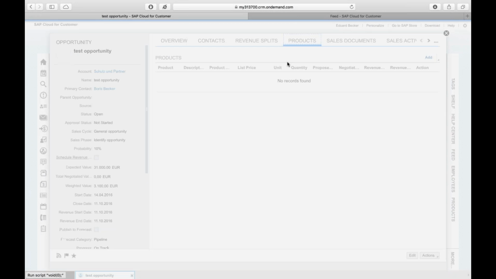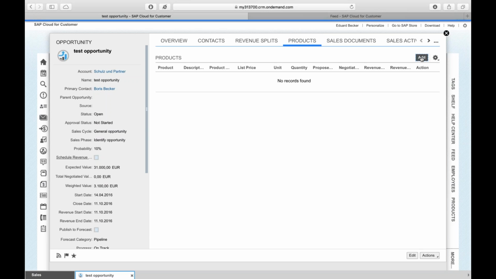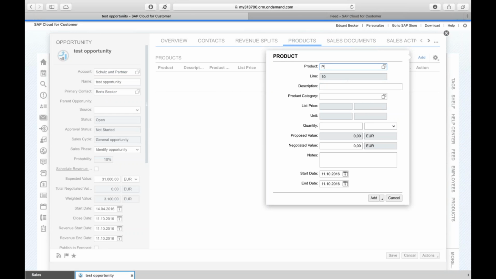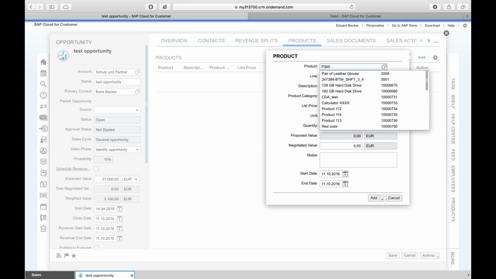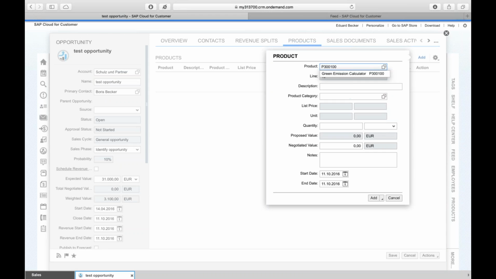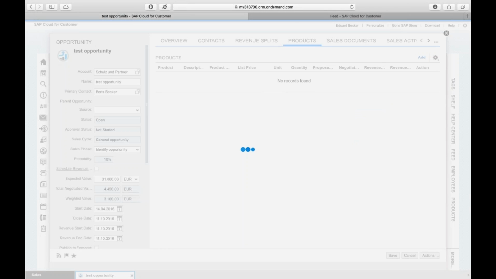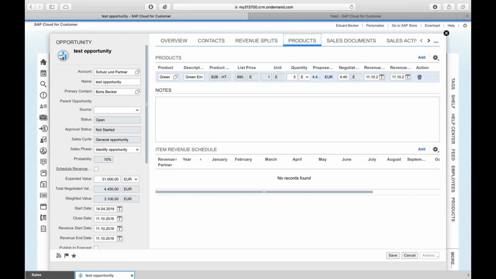I can put a product here. Once again, here I have this automatic proposal of the products. I'll put 5 of them and add them to the product list.